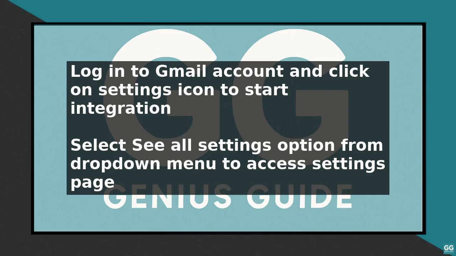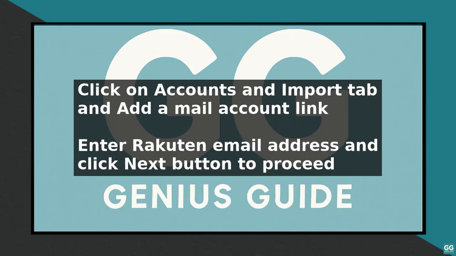You will then be prompted to enter your Rakuten account password. Enter your password and click on the Next button. Gmail will then verify your Rakuten account credentials and add your Rakuten account to your Gmail account. Once your Rakuten account has been added, you can access your Rakuten rewards and cashback earnings directly from your Gmail